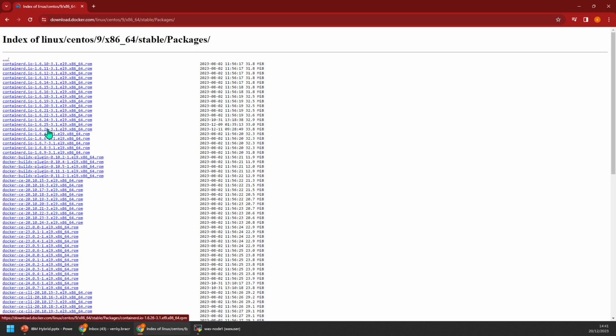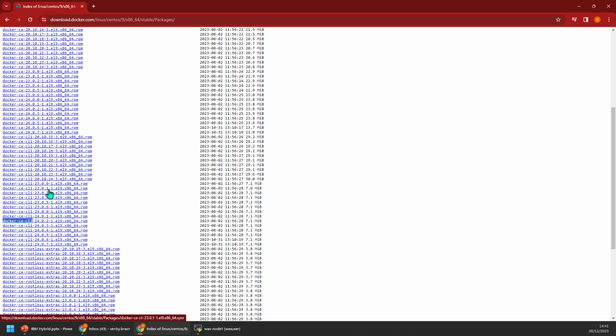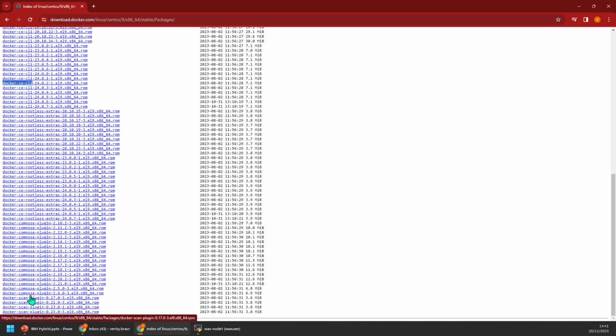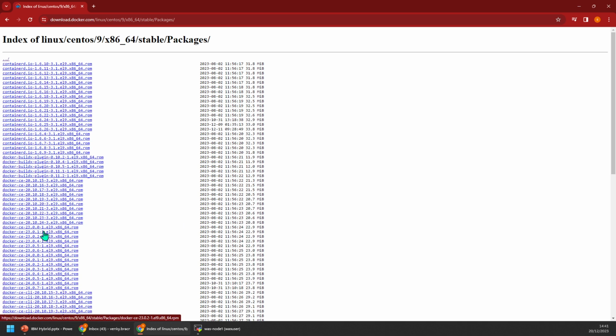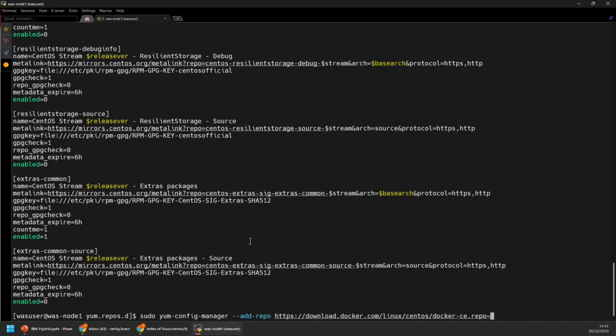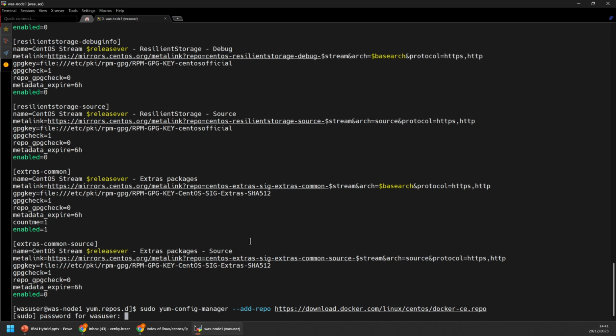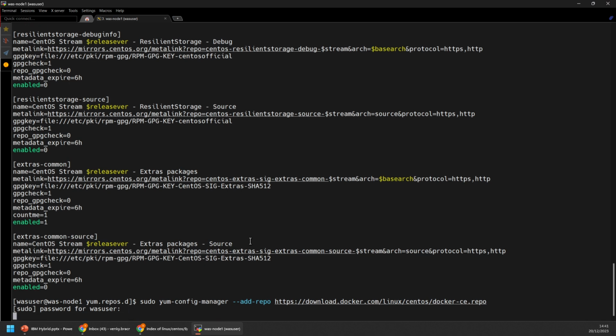So click on the latest version and download those packages accordingly. Once you have downloaded the packages, you will be able to browse the installed application. According to my experience, this is the latest version because it is 1.6.9. Let's just see by downloading Docker which version it actually downloads. So Yum can download the Docker container, so we will do that in this video. So here I'm going to add this repository. So after adding this particular